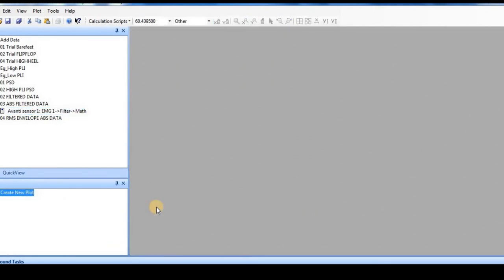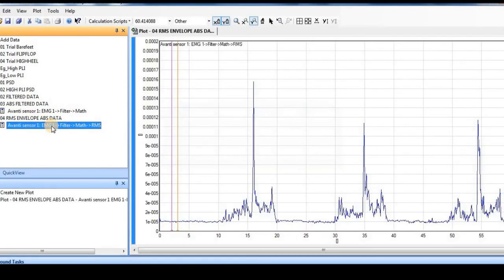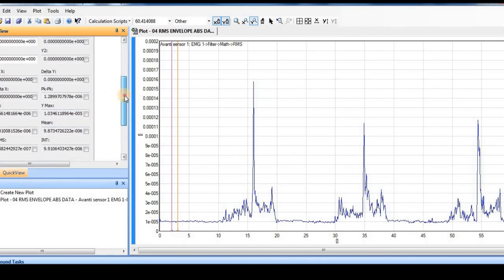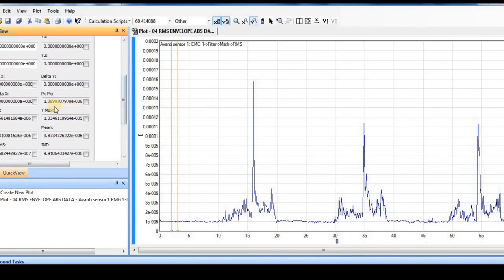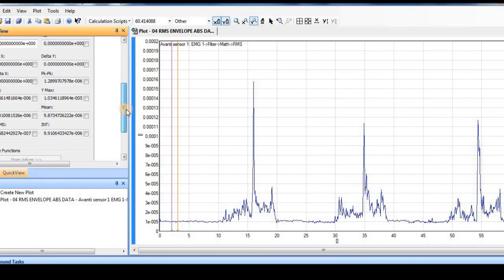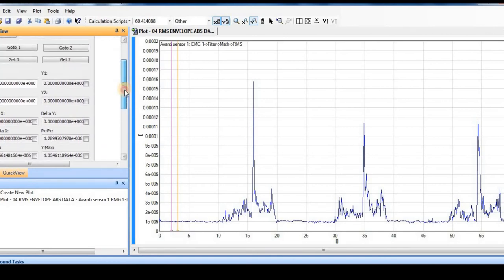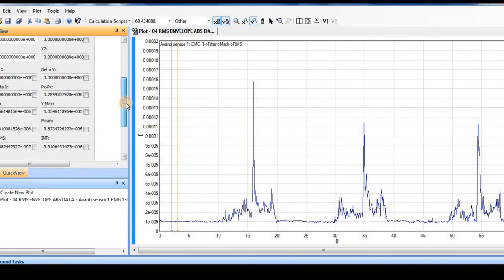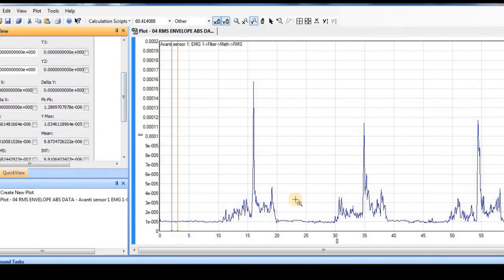So now we would like to further understand what can be done with this envelope that we have just estimated. If we go into the quick view, you can see that automatically the maximum, the minimum of y, the RMS, the mean of the complete data series, the AC of RMS, all these parameters can be seen in the quick view of this envelope of the EMG signal.